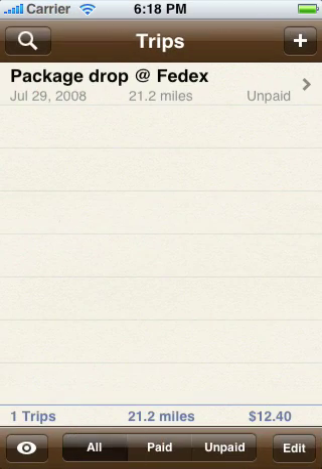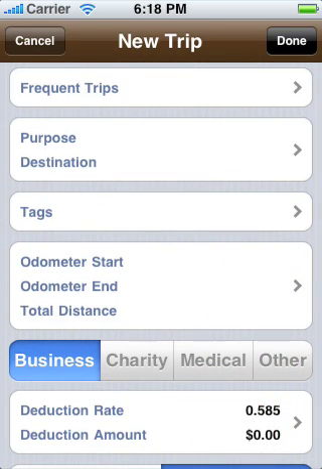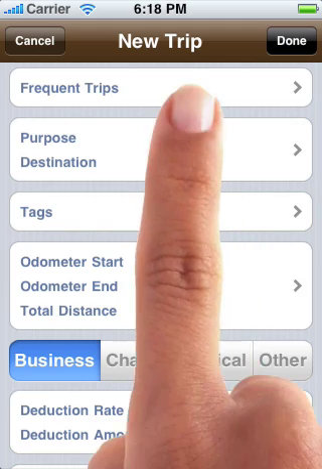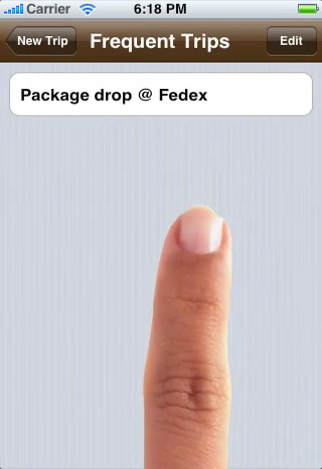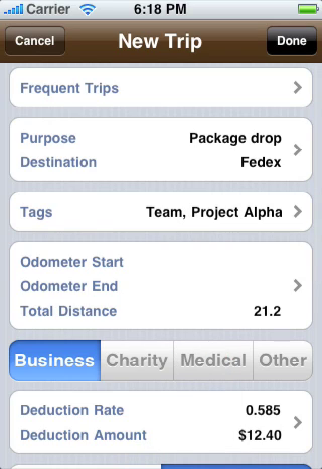Now that we've entered our first trip and have saved a frequent trip, data entry is going to be a snap. Let's go ahead and add a second trip now. Let's say it's the afternoon and you've got another package to drop at FedEx. Just hit the frequent trips button and select the frequent trip you'd like to use. The data has automatically been filled